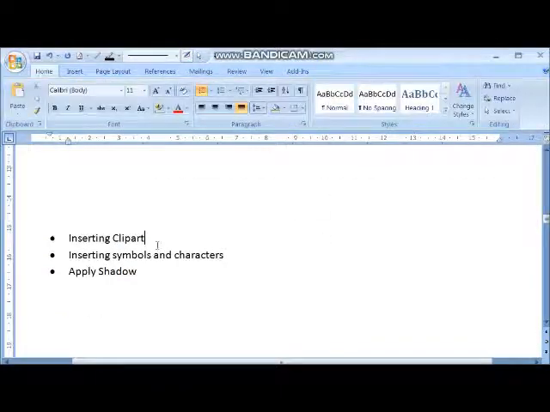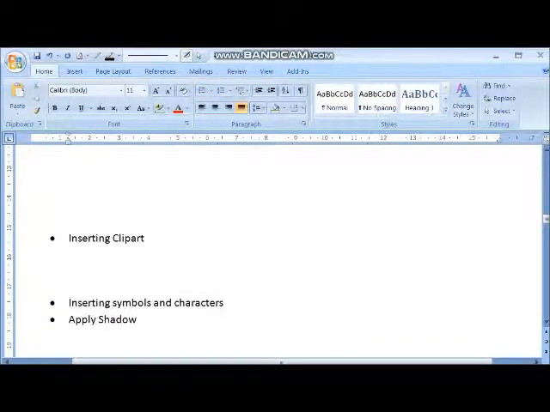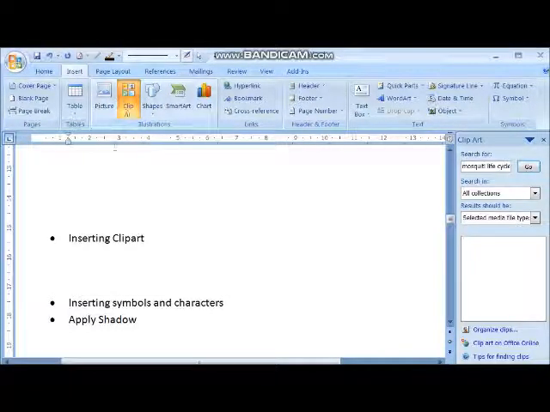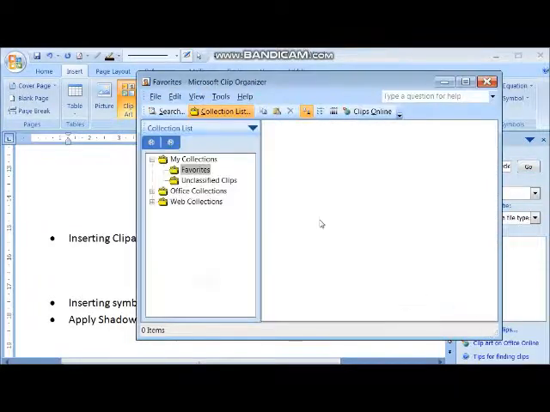Now inserting clip art. How to insert clip art? Which tab we have to click? We have to click on insert tab. Then we have to click on your clip art. Now clip art means the collection which is given by your computer. So here we can search, or we can click on this organize clip.